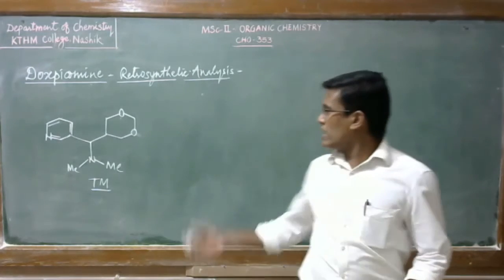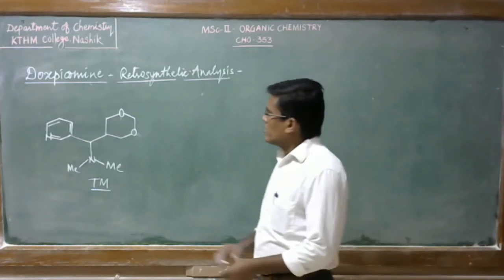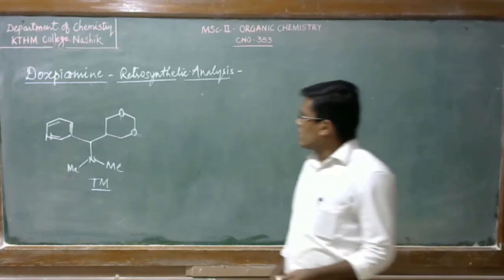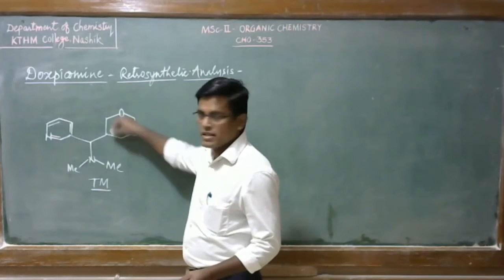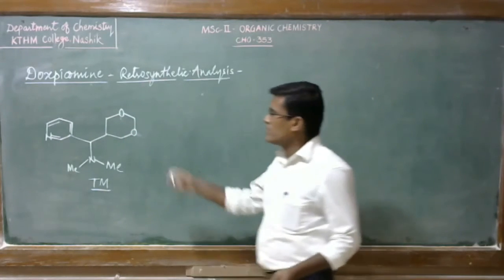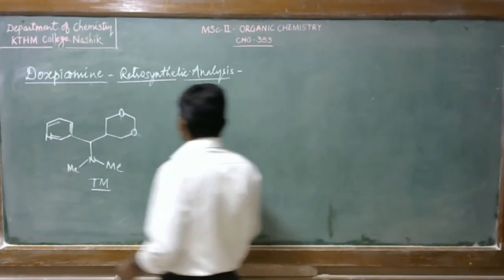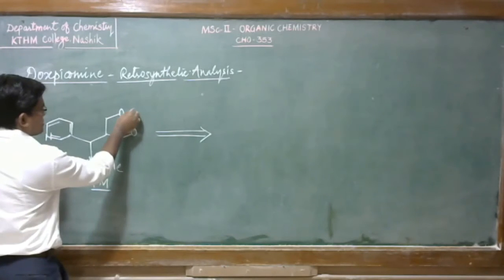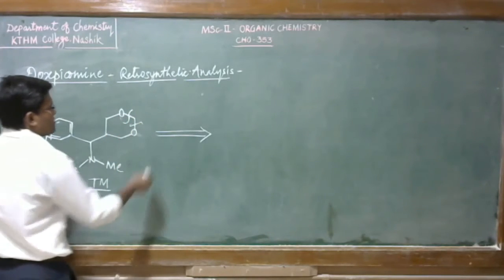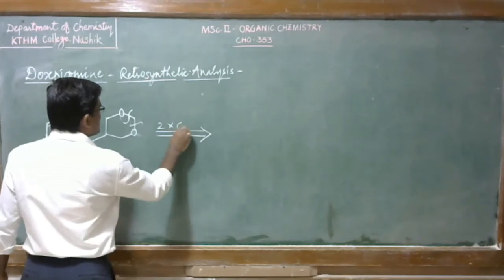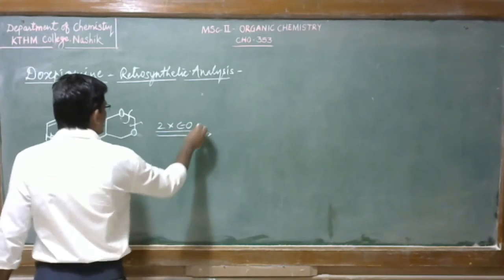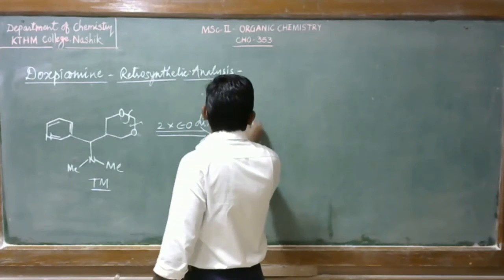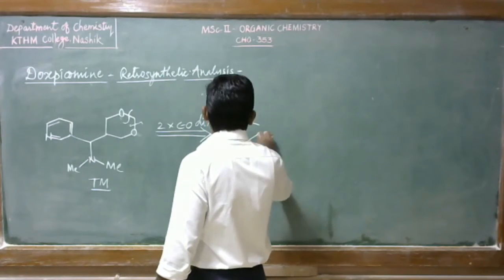At first, when you look at this molecule, you may not find any carbonyl group in it. But you can observe this acetyl moiety. So when you do this cleavage, let us put the retrosynthetic arrow and do this C-O disconnection two times. So we could get these two fragments.